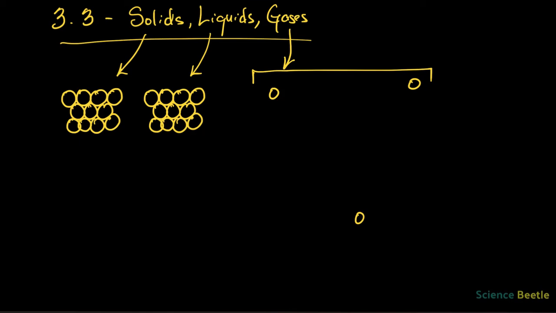All right, so here we're going to continue the review. Here's section 3.3. In 3.3, we're talking about solids, liquids, and gases and being able to distinguish them from one another. Remember here, I'm not going to try to write too much on the screen, but remember